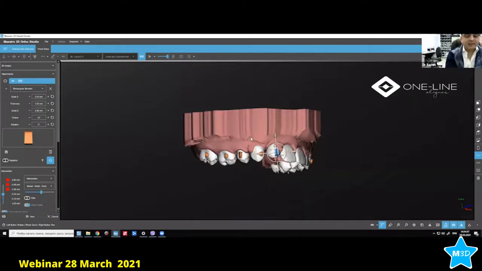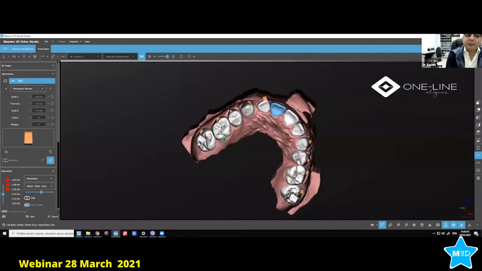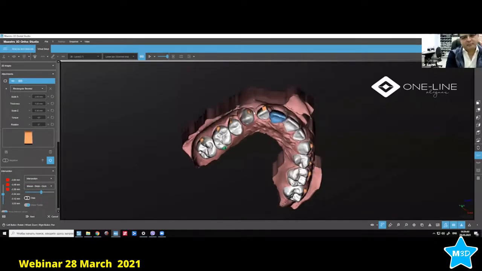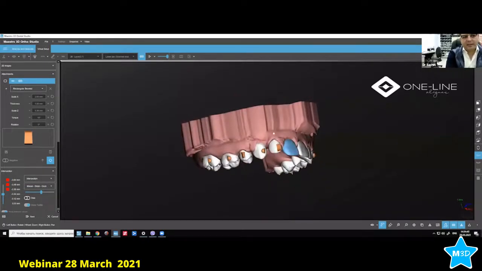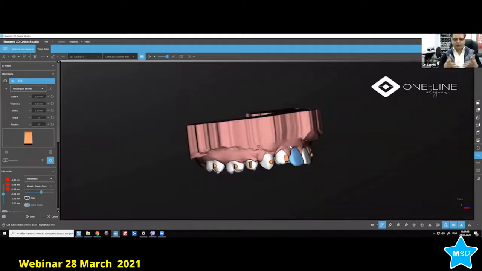Now the question should be the speed, the velocity of movement. So the governing will be the extrusion. What I would like with Maestro to change in future would be that I can change velocity for every tooth separately, that will be very good. So I can change the rotation, I can change the extrusion for every tooth separately, not the general arch. So that will help us a lot to make the tracking very good for all the